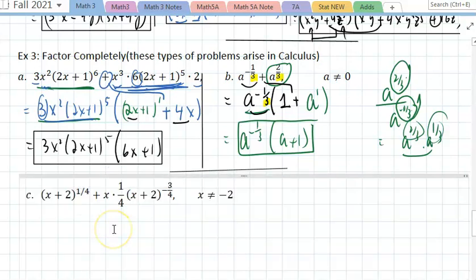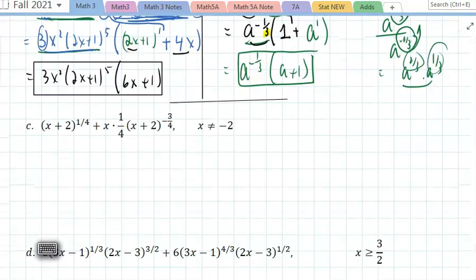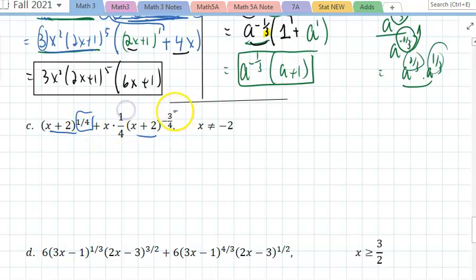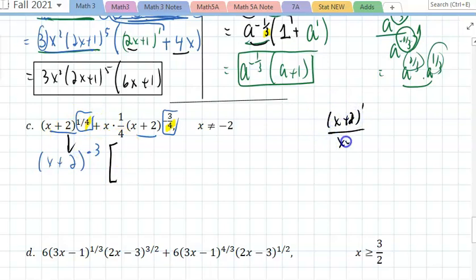Next problem up is C, the same idea. All of these are problems that arise in calculus. I notice this is the same. I have a 1/4 and a negative 3/4. So I factor out x plus 2 to the negative 3. Again, if you want to ignore the fourth for now, I'll show you how to do that. Times, if I take x plus 2 to the 1 divided by x plus 2 to the negative 3, isn't that x plus 2 to the 1 plus 3, which is a 4,